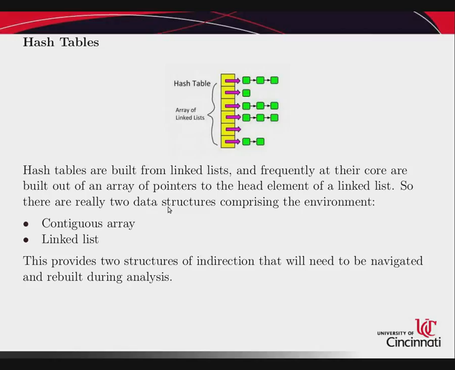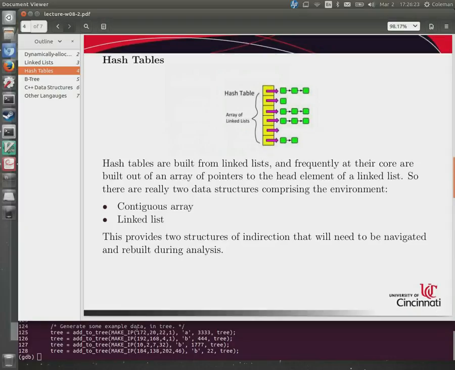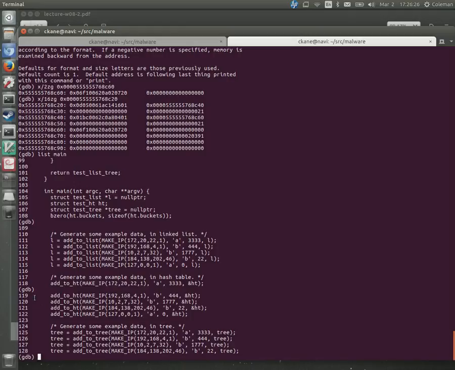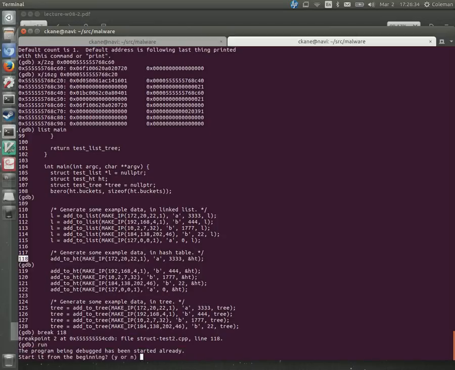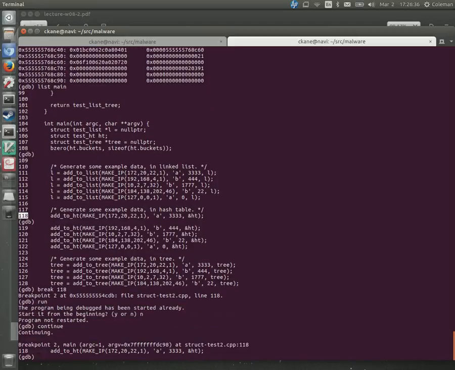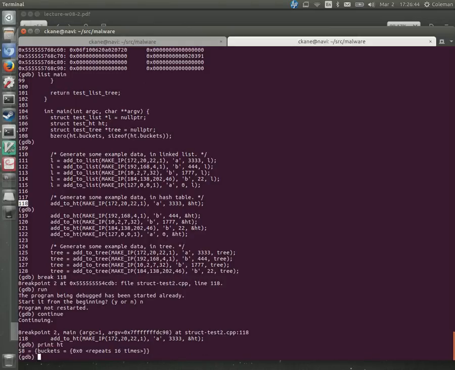So there's really two data structures that you end up looking at here, which is you end up having this contiguous array, and then you end up having pointers to the linked lists that it's referencing. And then these end up being two things that you have to keep track of. So I'm going to set a breakpoint right here, or actually right here. So now we're stopped right there, and what I'll do is I will print HT, and then I get